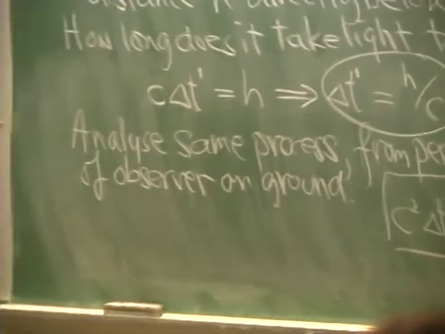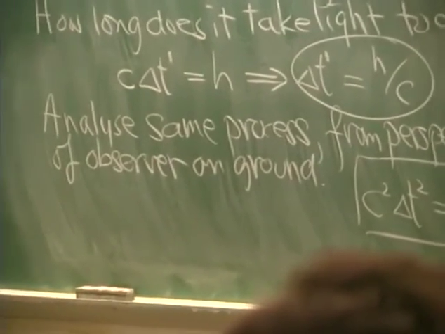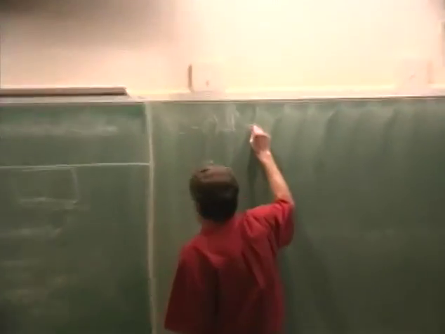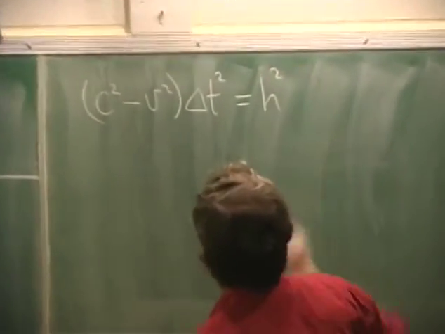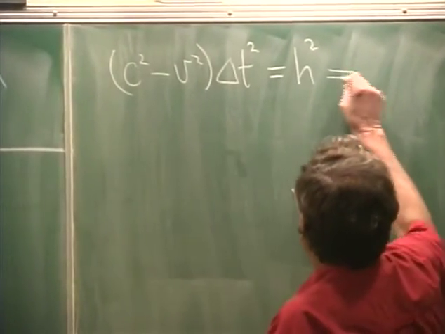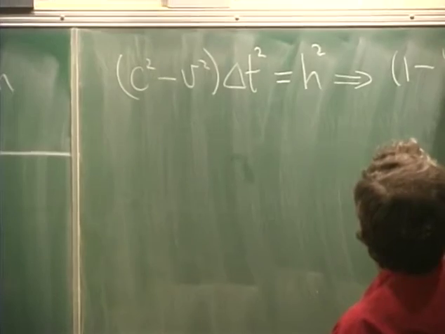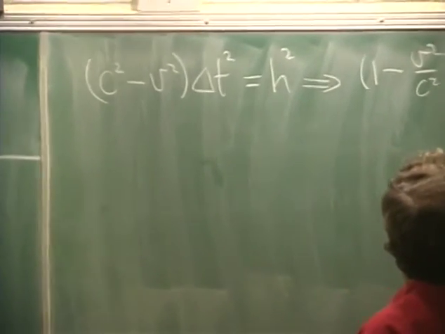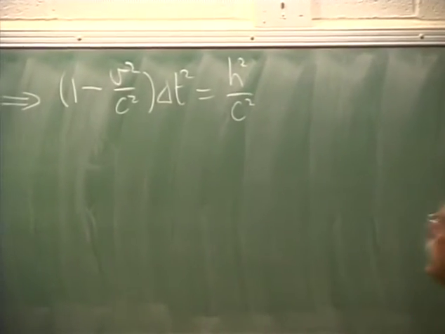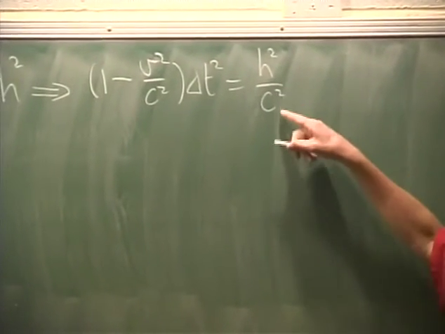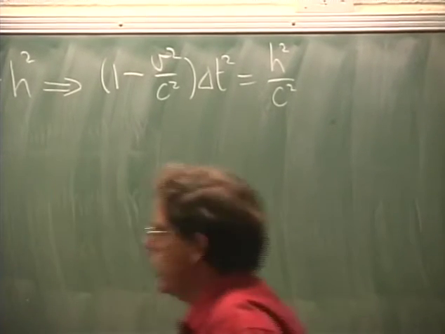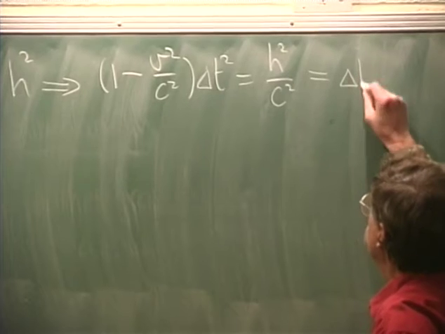Let's see, I'll bring the delta t's together, so I've got c squared minus v squared coming from the other side there times delta t squared is equal to h squared. Divide through both sides by c squared, then this would be 1 minus v squared over c squared delta t squared equals h squared over c squared. But h squared over c squared is precisely the time interval as measured on the train. So this is delta t prime